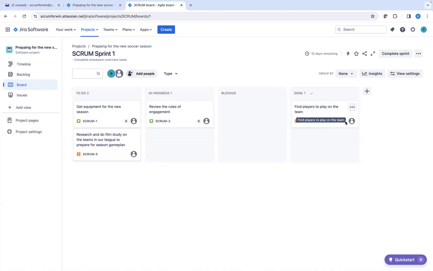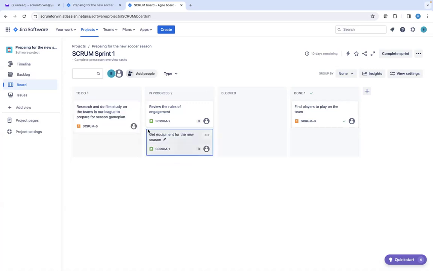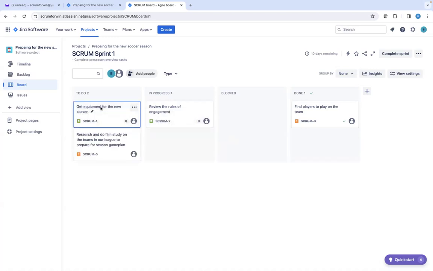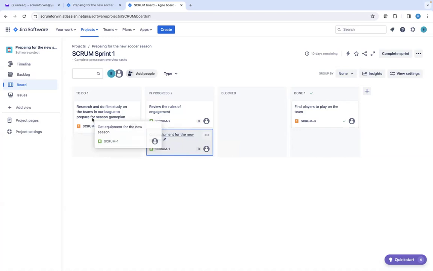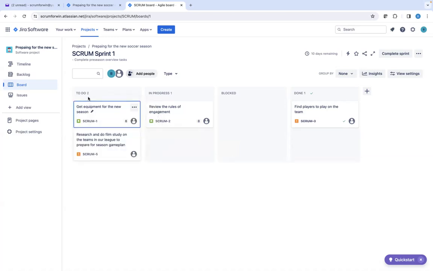But what you should not do is assume that, oh, okay, because assistant coach Tim told me that he was going to start ordering equipment, you as a scrum master go and say, I'm just going to move this card because I think Coach Tim said he's thinking about doing it. No. Once again, it's all about self-organizing. So you either wait for Tim to move this card himself or